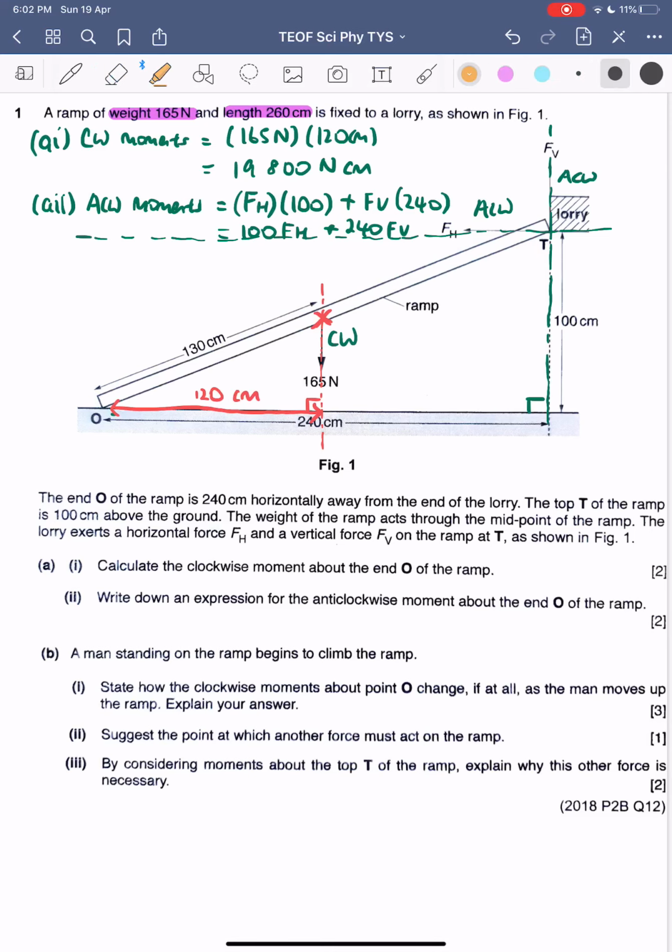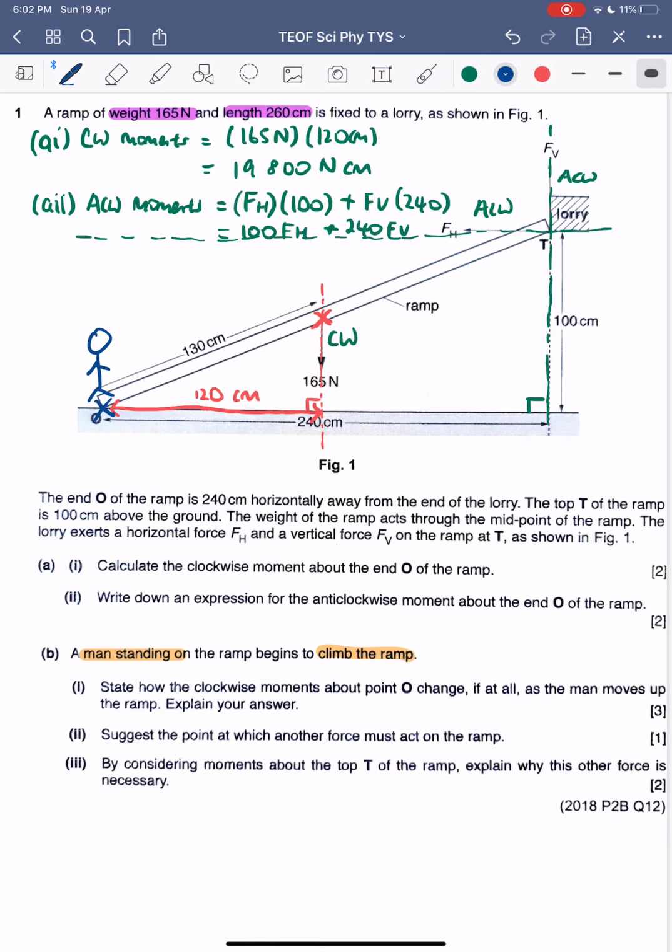Okay, so for part B, we have a man standing on the ramp and he begins to climb the ramp. So I'll draw my man here. Initially he's at O, position O, and over time he starts to move up the ramp. Now, key thing to note, when he's at O,